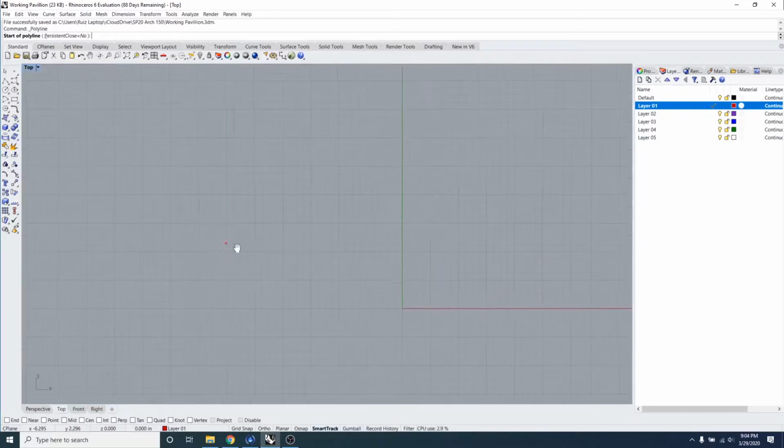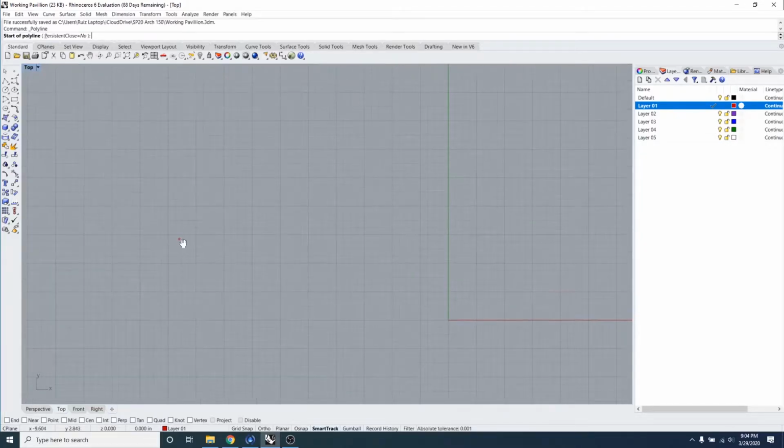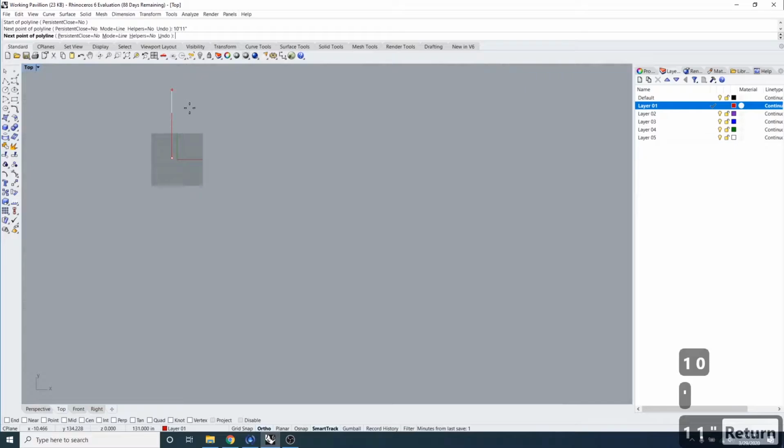Now, where you start doesn't really matter as long as you have the right dimensions. So I'm just going to click this button here, and then I'm going to move it up to start drafting. You can see that right now my cursor is moving all over the place with the line. If yours is doing that, make sure that you enable the ortho mode so that it is restricted to that direction. So we're just going to type 10 feet with 11 inches, hit enter,